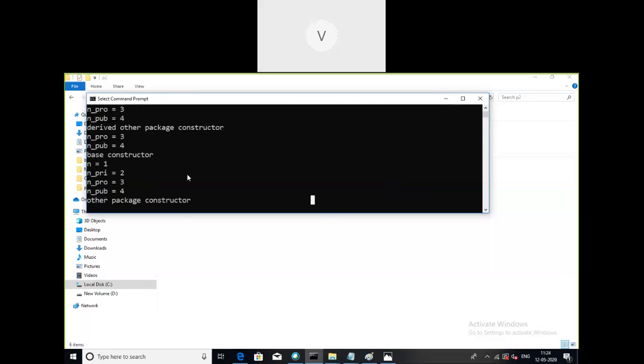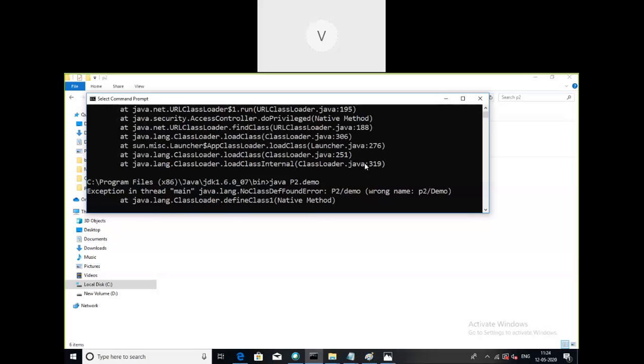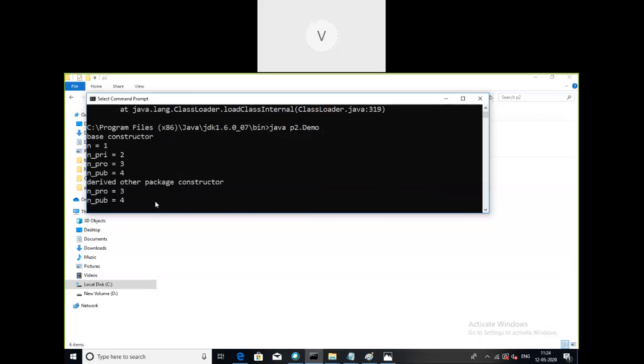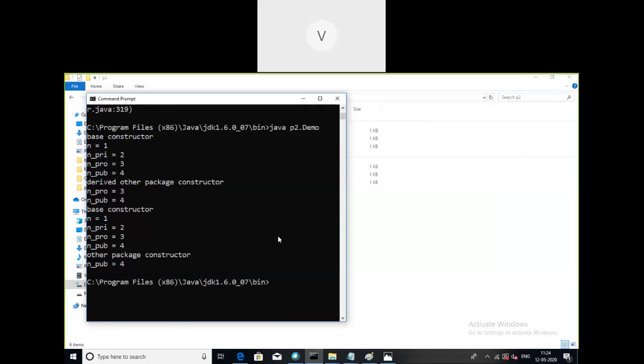There I was making a mistake while giving the name. It was taking a capital character. Actually, the name of the package is a small p. The mistake was that I was giving a capital P here. Package names and source file names are also case sensitive, right?